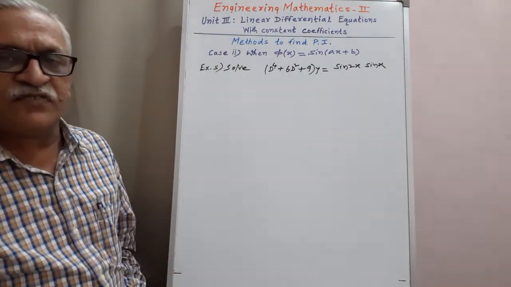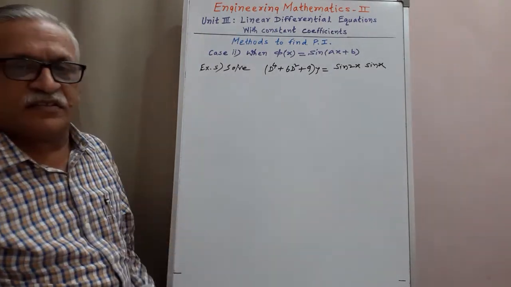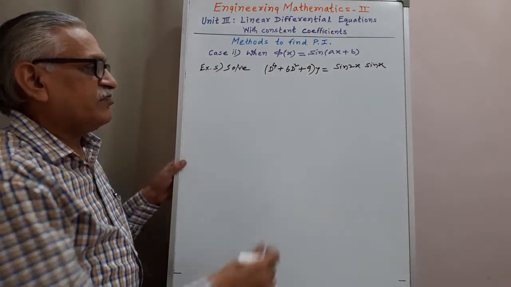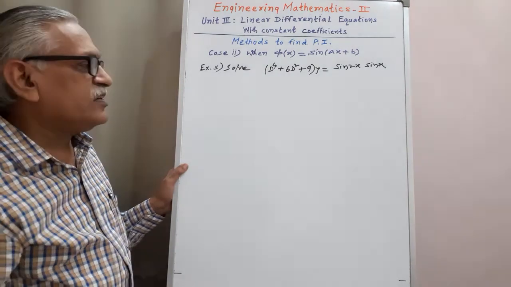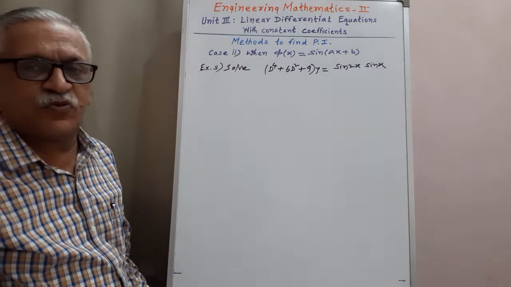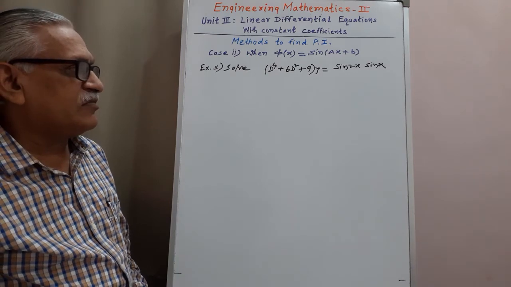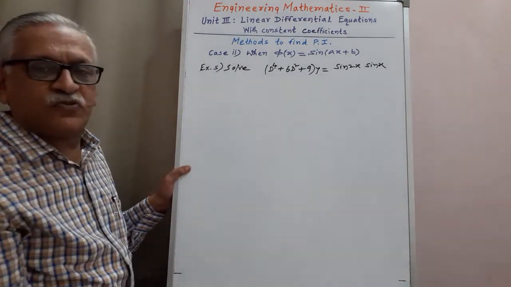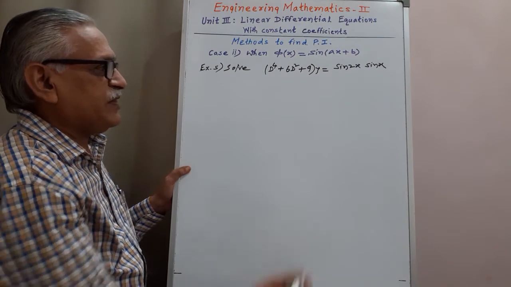Order of that differential equation is fourth order, with y as dependent and x as independent. Means we get 4 roots, and depending upon the roots we write the CF, and the term on the right hand side is a product of two sine terms. While finding PI, don't write it as PI1 into PI2. That is not a correct way to find the PI.